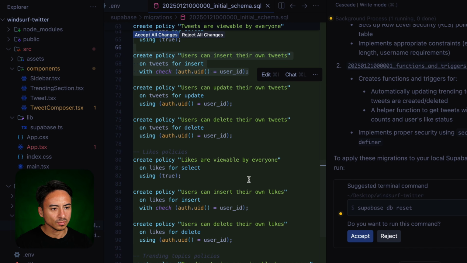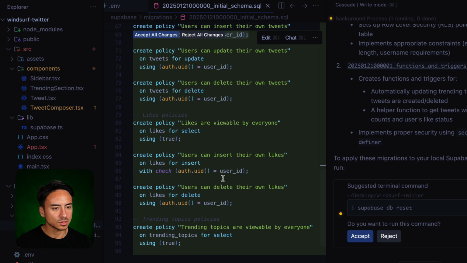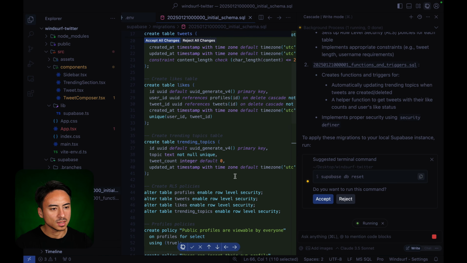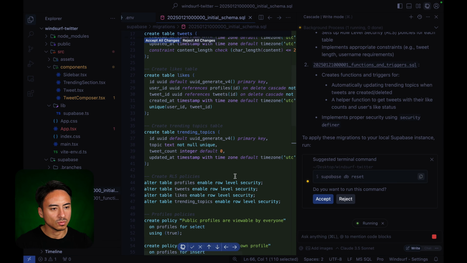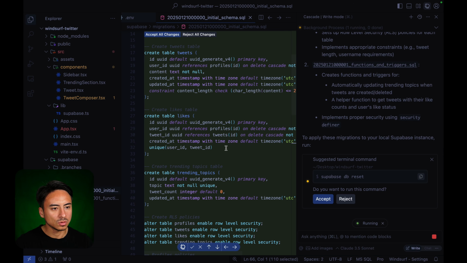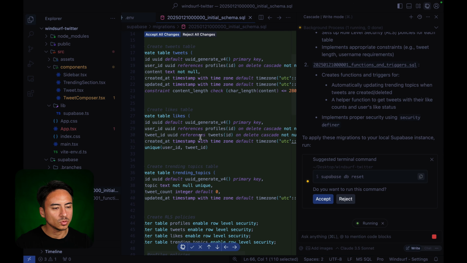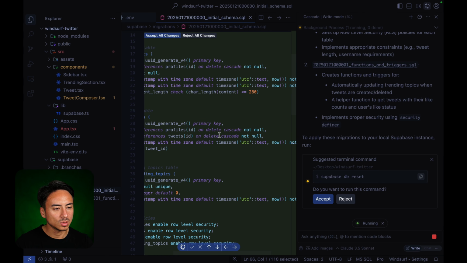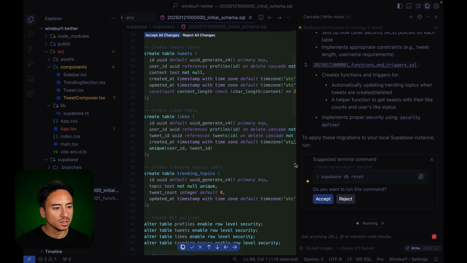Great. Likes are viewable by everyone. Yep, sounds good. Users can insert their own likes. Yep, users can delete their own likes. Sounds good. And then trending topics are viewable by everyone. Yeah, sounds good. Wow. So the likes table has a user ID and tweet ID, and they reference the profiles table and tweets table. Great, that